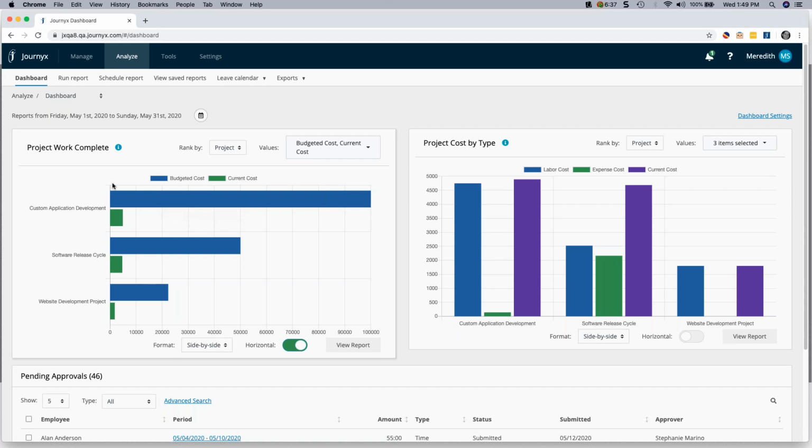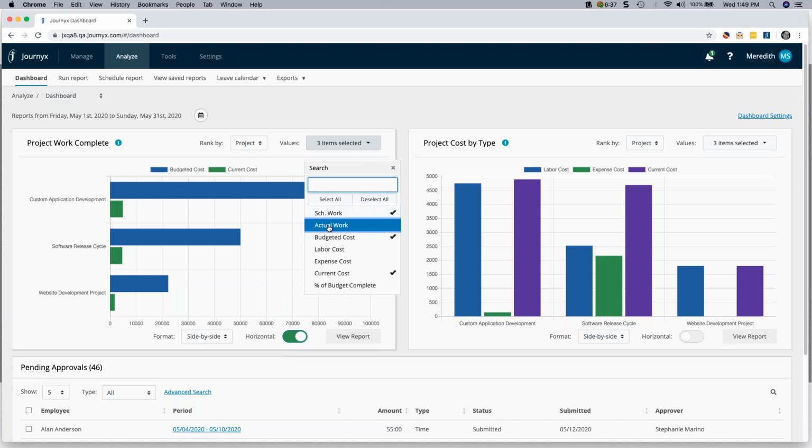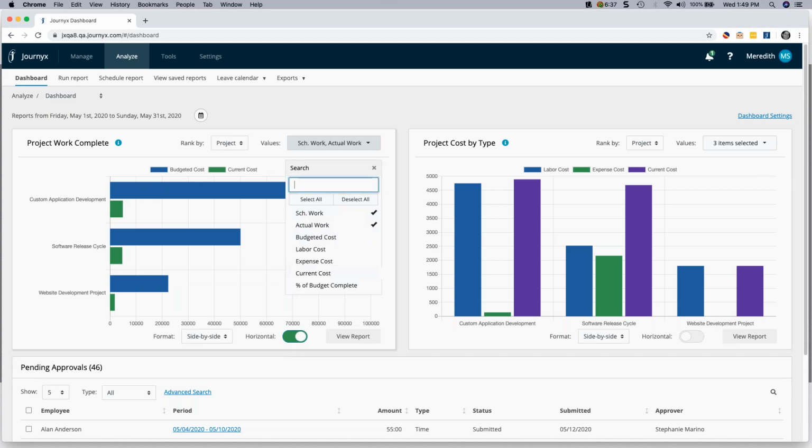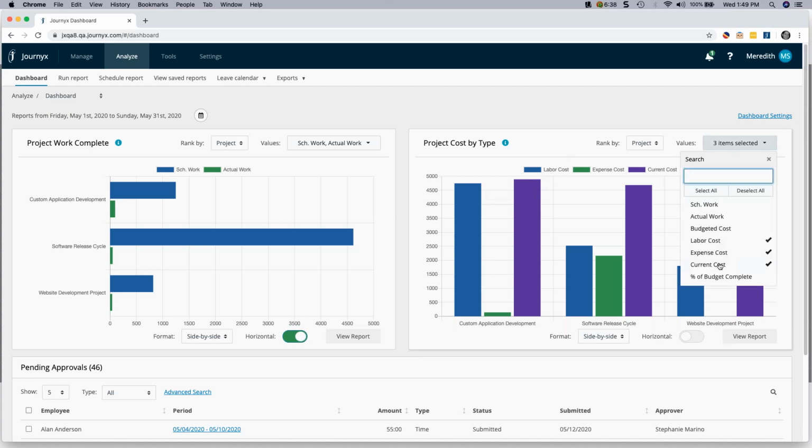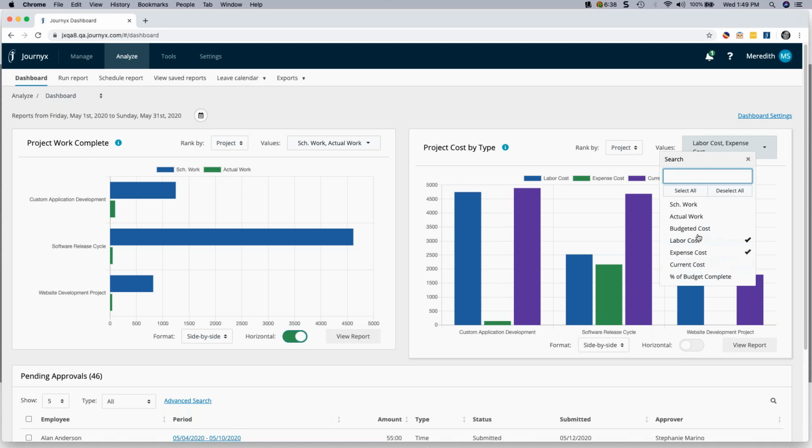Now, it doesn't just compare fields. It also has a capability as an alternative to aggregate fields. So over here, really what I'm doing, current cost is really my total cost. So I'm kind of eyeballing labor cost and expense cost compared to our current cost, which is our total cost. But I could take my current cost out and